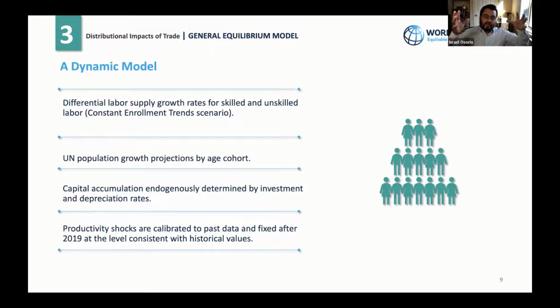We take the information that we have from household surveys, and based on that, we use what we call a pipeline effect, which is the constant enrollment ratios scenario, to basically send from micro to macro the change in the volume of labor that we will have in each one of the